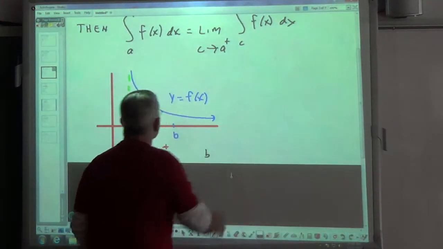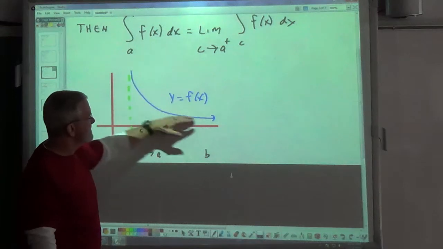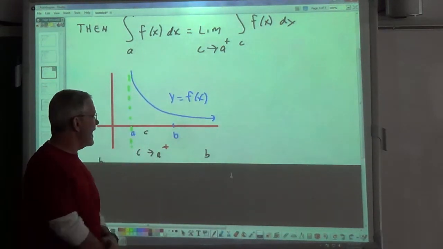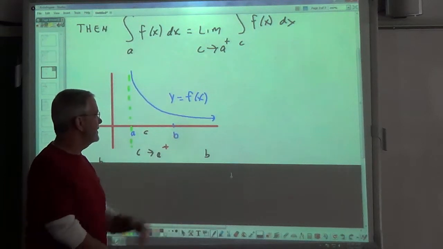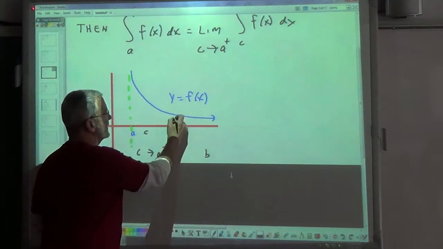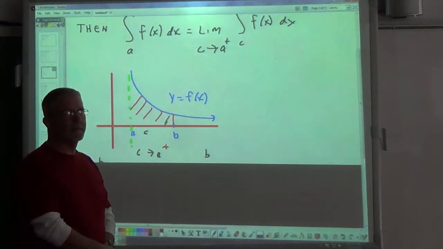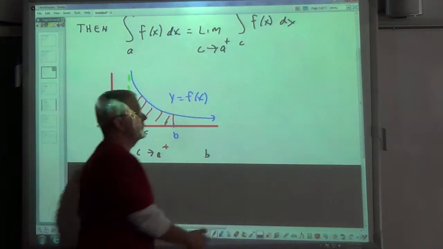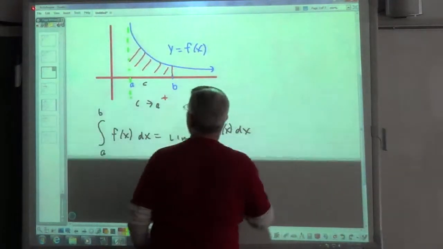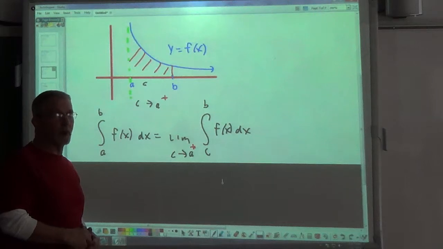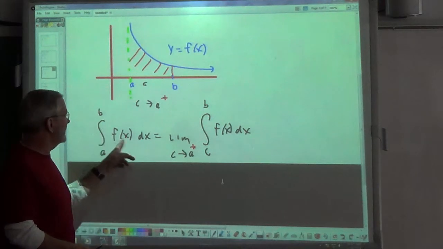Well, here you go. Right here. Here's my function, f of x. Look, I have an infinite discontinuity at a, and I'm going to talk about this b and that guy right there. I want to find out if this converges or not. And so I'm going to look at this improper integral from a to b of f of x dx, where